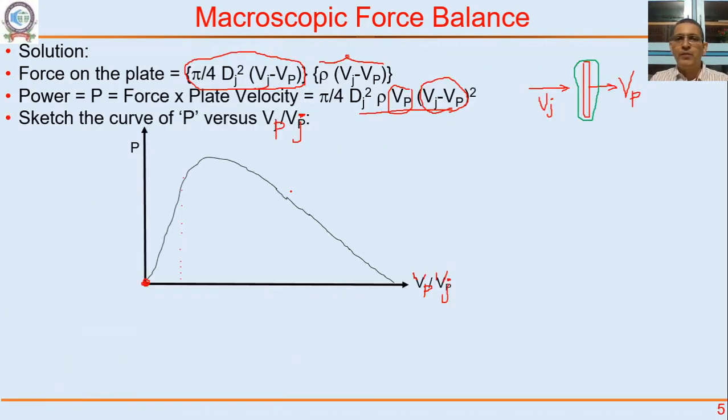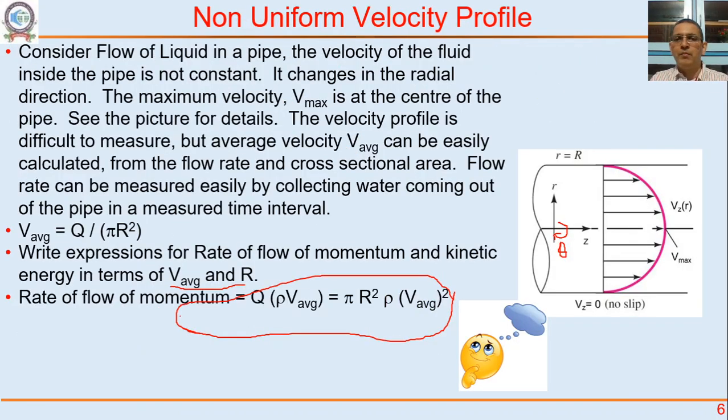But now the velocity is not the same. The velocity is different at different locations. It is not the same everywhere. These arrows that you see are called velocity vectors. A velocity vector means this is the direction, and the size of the arrow tells you the magnitude of the velocity. So the magnitude of the velocity is highest here,